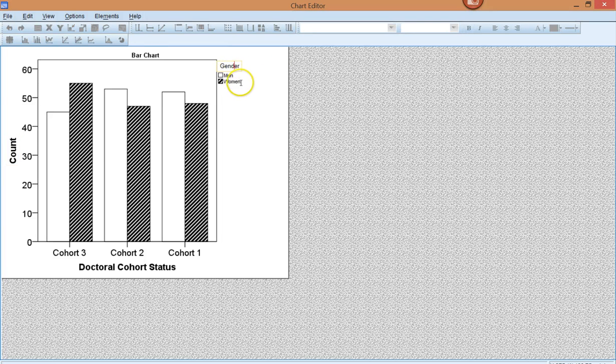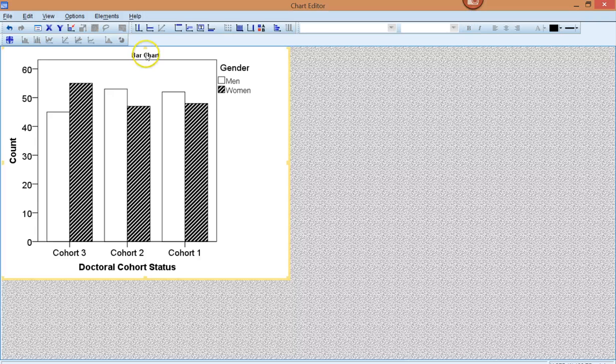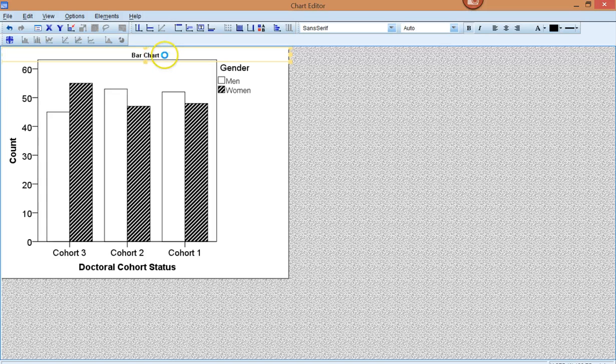You can do this for the other text as well, and it doesn't have to be the same font size. You can set it to whatever you want, and your title, you can either leave that. Sometimes I prefer not to put the title here within SPSS. Instead, I put the title